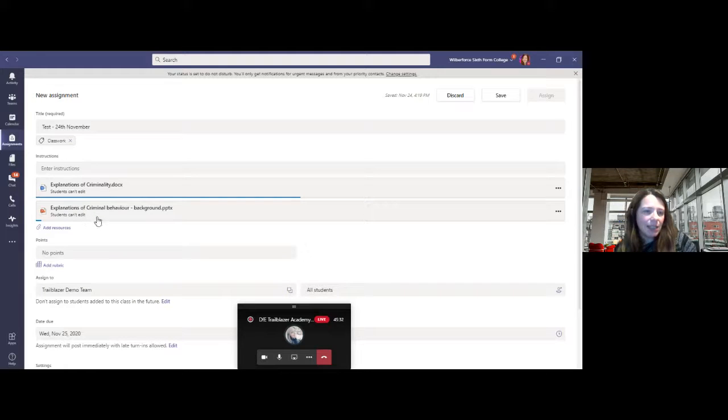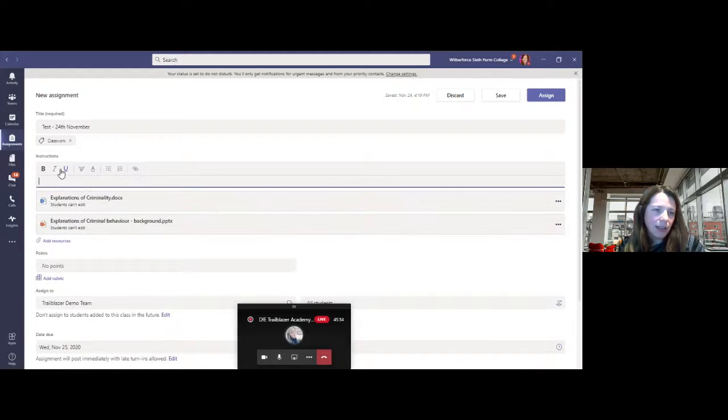The students can't edit, and then the instructions might be to look at the PowerPoint and answer questions, page 5 of the handout.